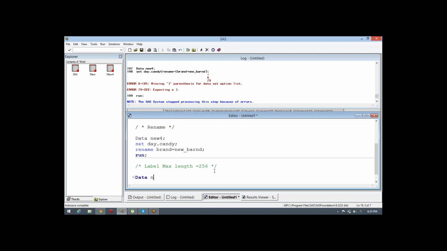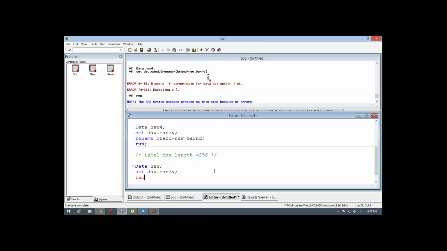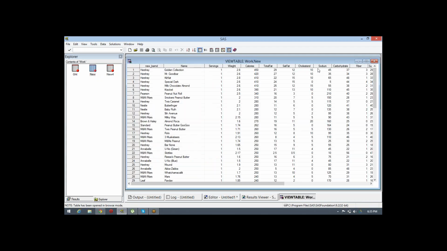So data set new. This is also a part of the attribute. Let's suppose I'm keeping label for brand. Brand is there, new brand is there.